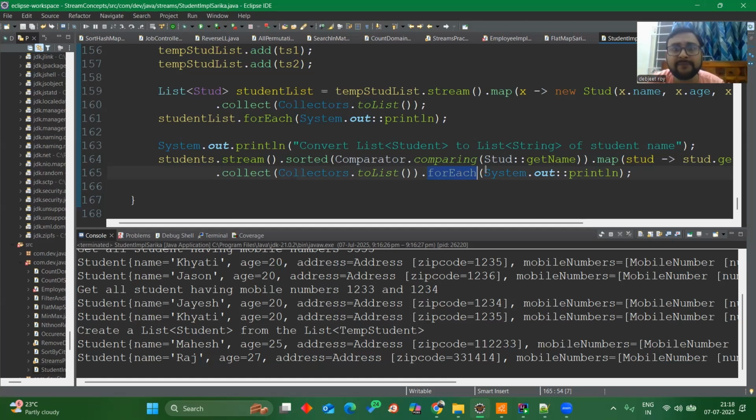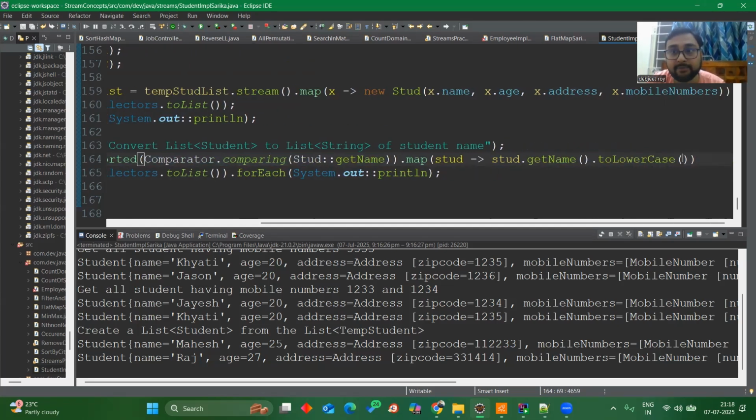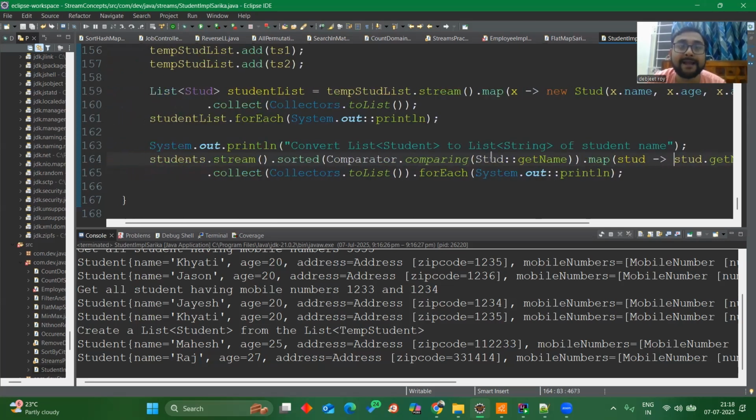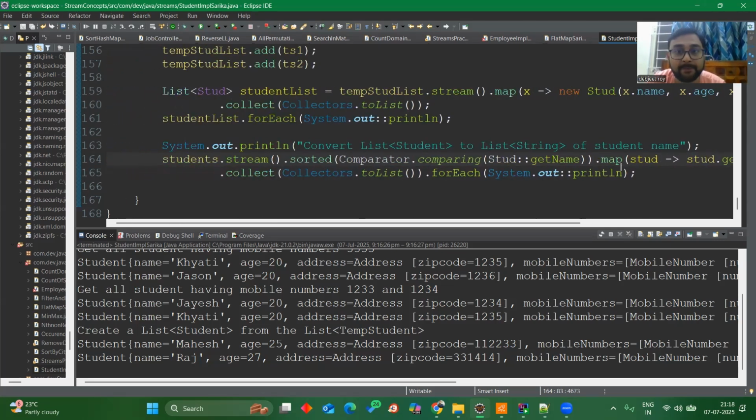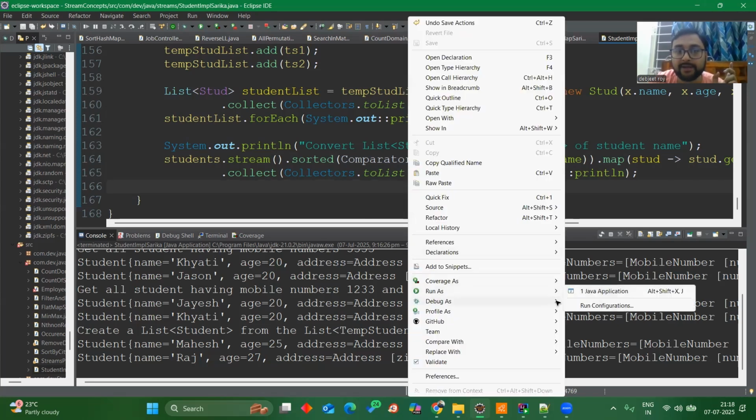So in one single line, what we did, we are comparing the student name. Okay, and we are converting the student name to lowercase. Okay, and then I am sorting it as well with the help of name, via the Comparator class, and then we are printing it also. So many operations we can do in one single line. Okay, so if I run it over here,